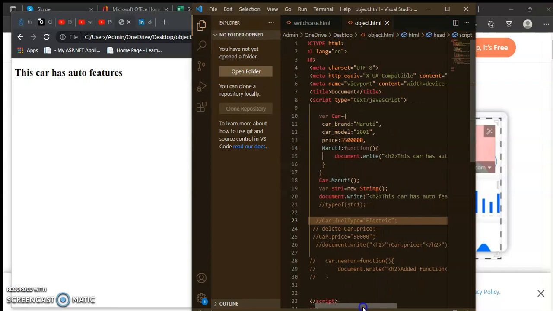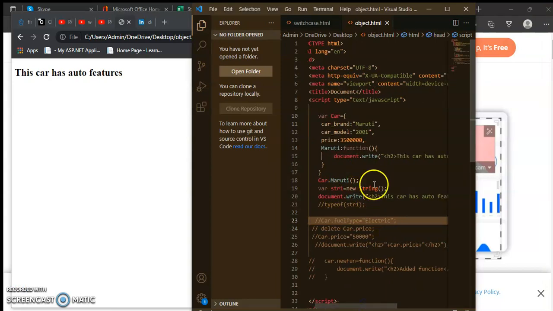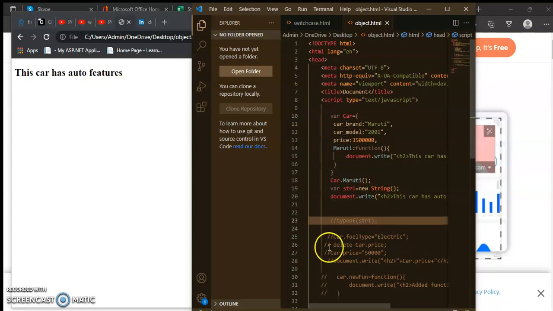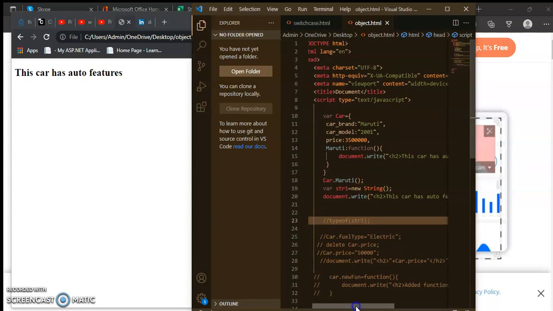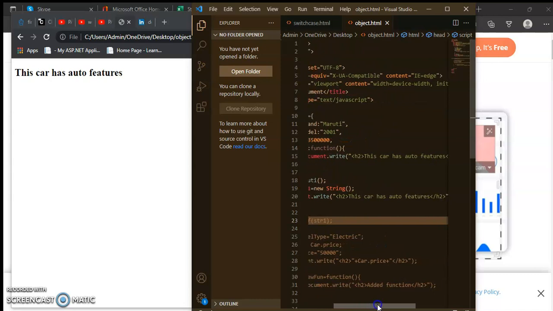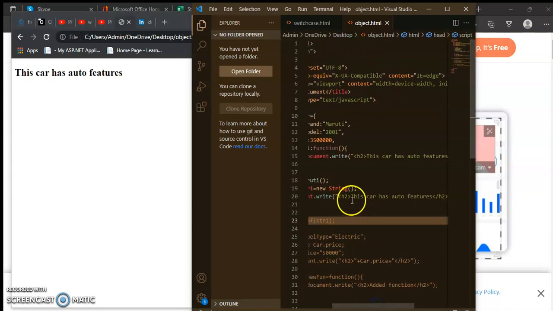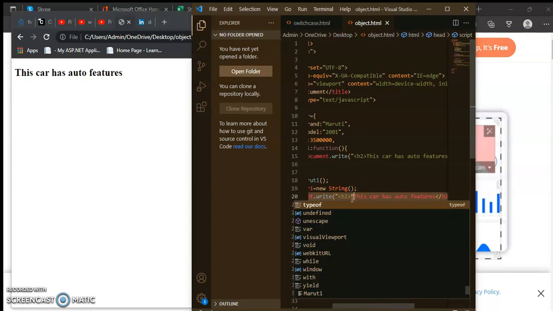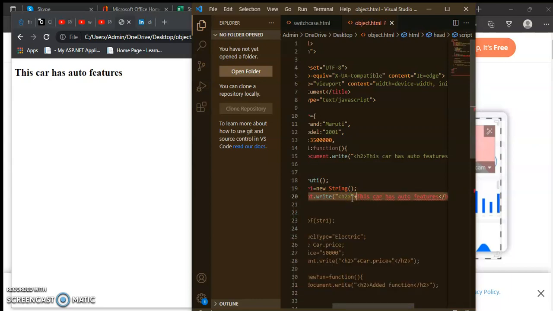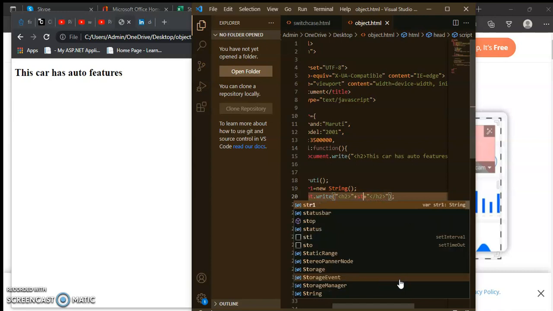Let me check the type of the object I created here, string1. In document.write, I will use a string with double quotes, plus typeof, and inside it I will use string1.